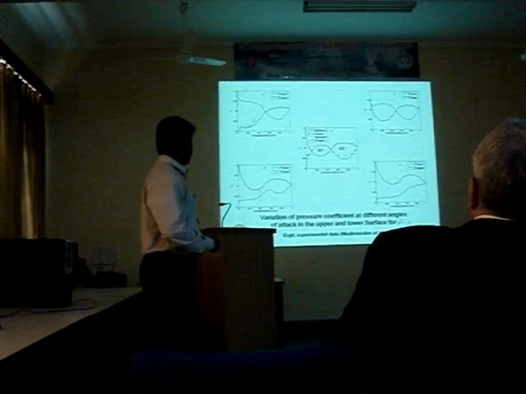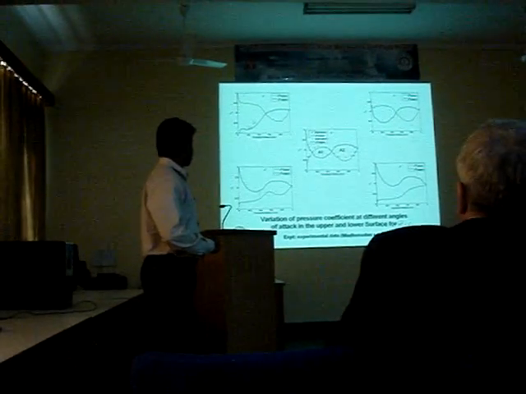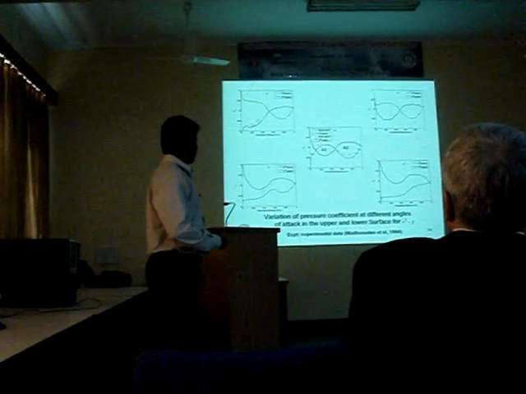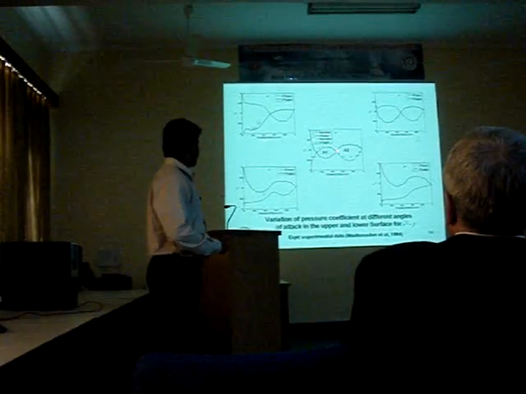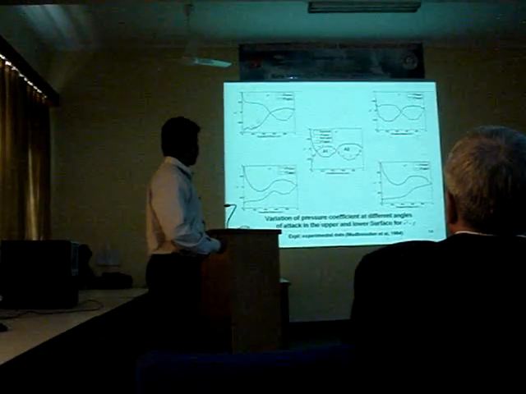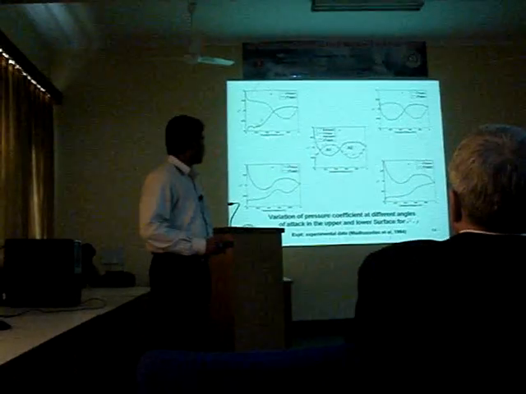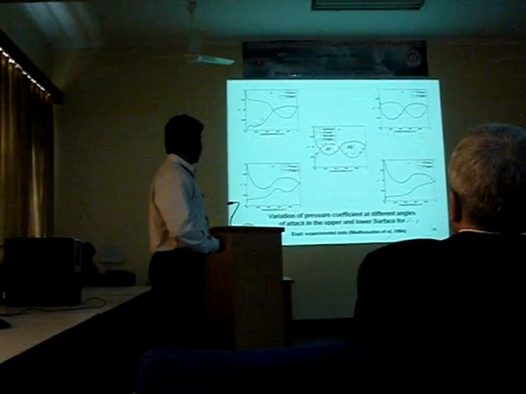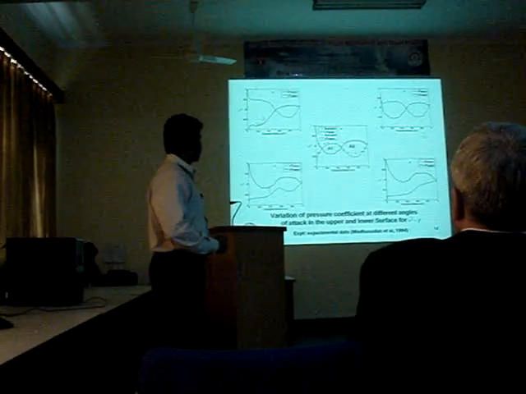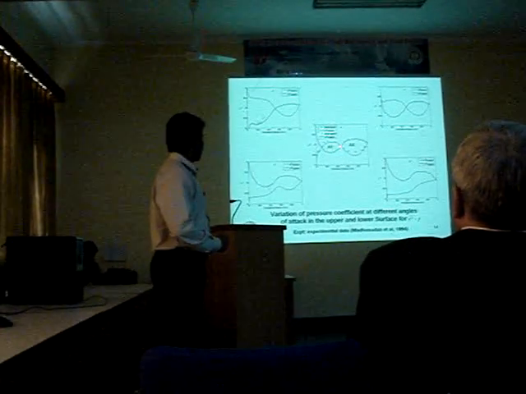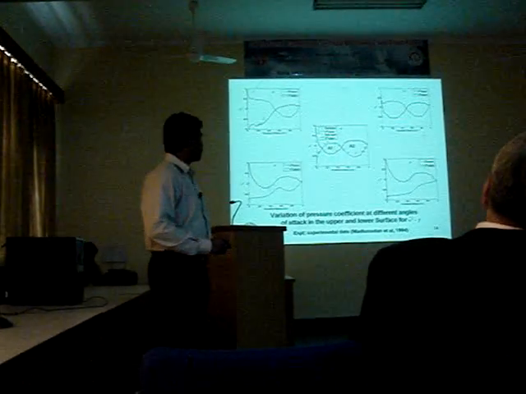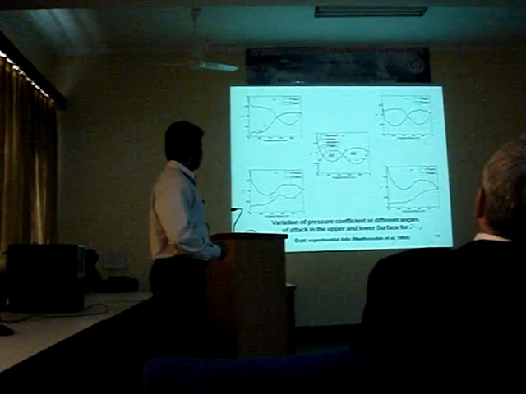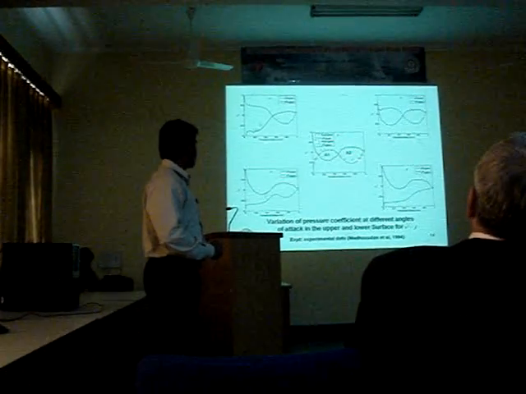At 0 degree angle of attack, the variation of CP is more or less symmetric. There is an intersection of the CP in this location. This is because there is a negative number in this profile. The area ahead of this intersection is A1, let us assume, and the area after this point of rotation is A2. Area A1 contributes to positive lift and area A2 contributes to negative lift.